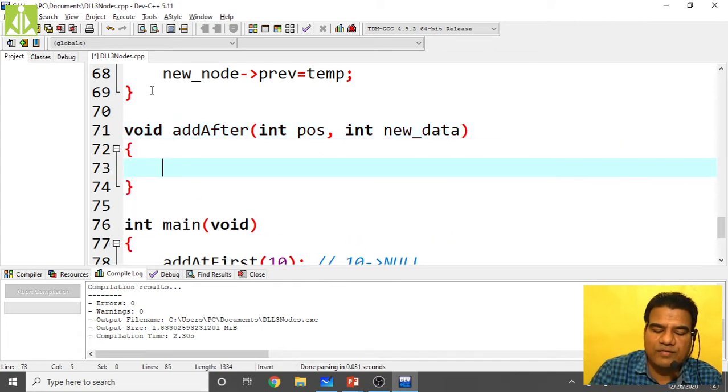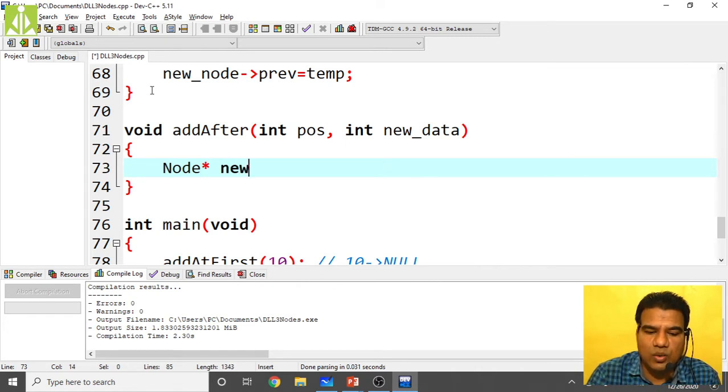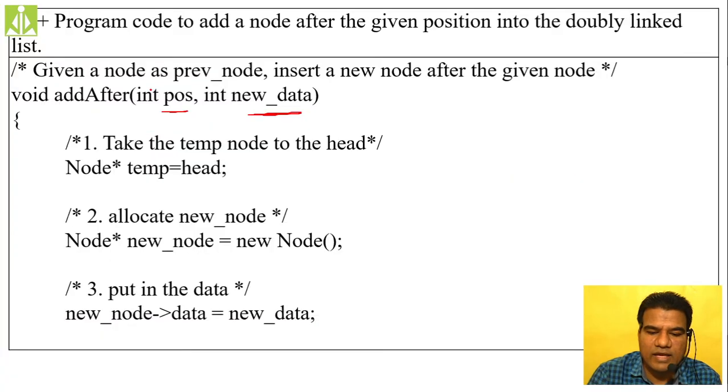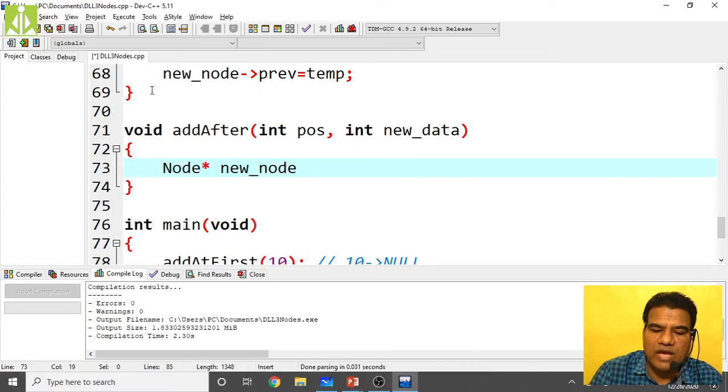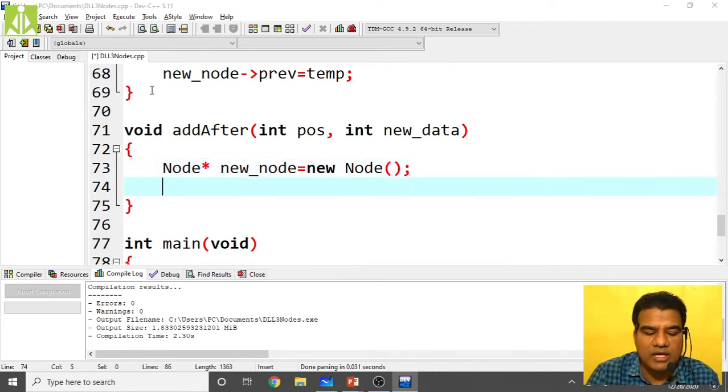When we write the code, first we have to create the new node, new_node, and we have to allocate the memory. New node of, so this will allocate the memory. After that, we take the temporary pointer and pass it to that position value.